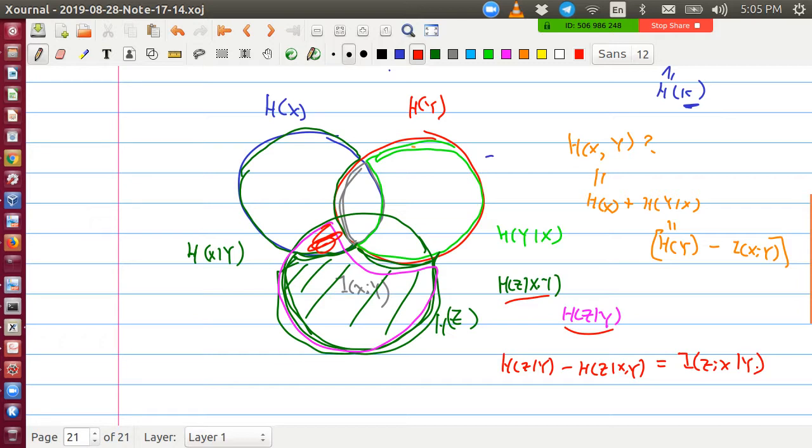And by the way, here we are talking about discrete random variables. Let's focus on discrete random variables. All these are positive, like all H(X), H(Y), H(Z), and also mutual information is assumed to be positive. And then